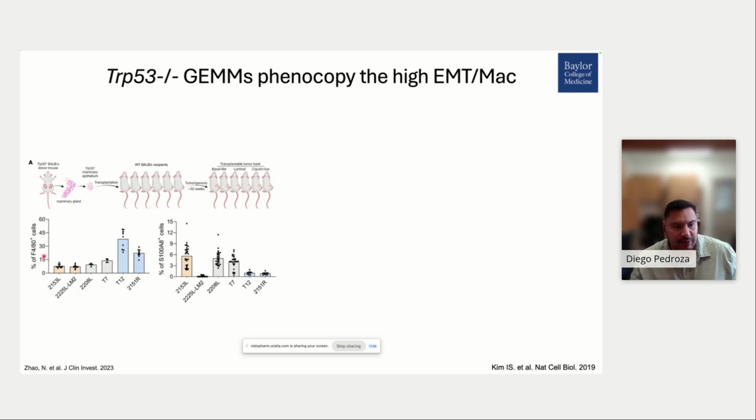For example, here we can look at F4/80 cells. You can see the different levels of macrophages that these mice have, as well as neutrophils. For example, the D122151R mice have very high levels of macrophages, contrary to the other ones, which have high levels of neutrophils.